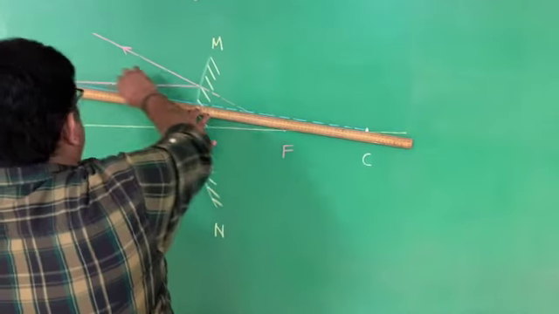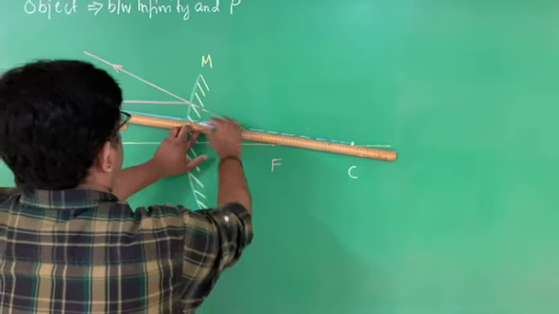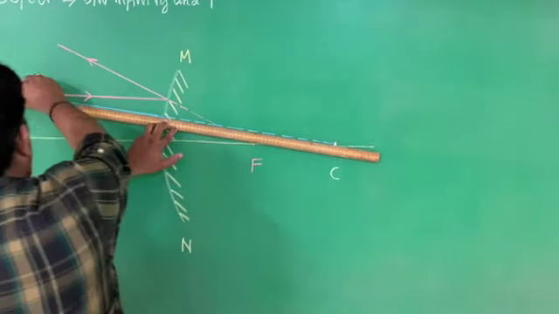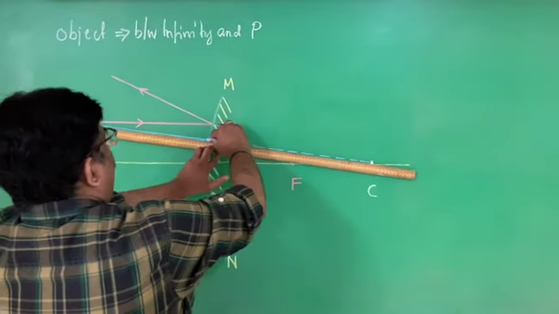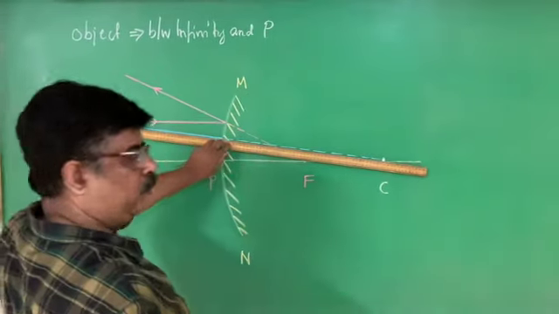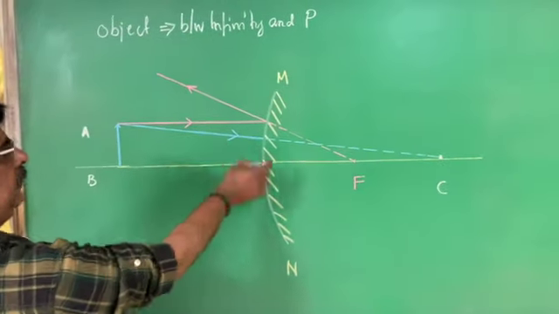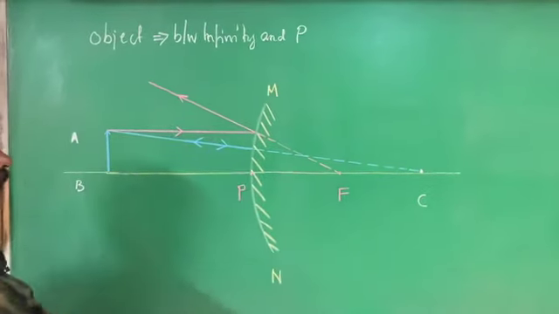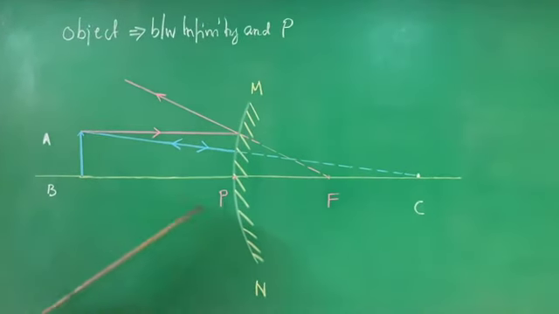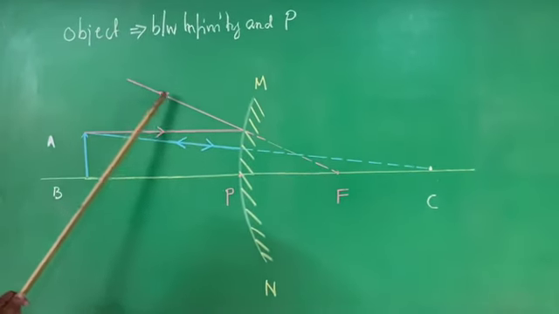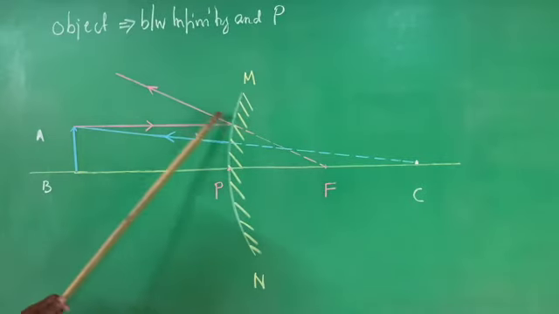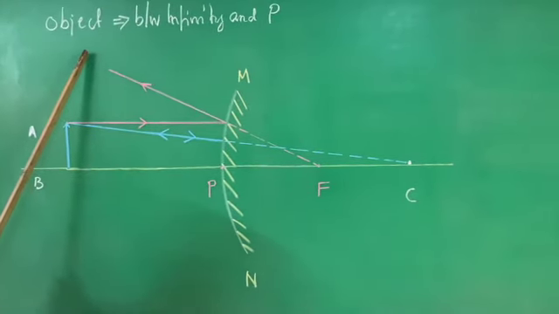In front of the mirror it is straight, right? After the reflection it follows the same path. It comes like this and goes like this. That's all. Only one way. Therefore, if I mark this as incident, then it is reflected. Try to understand. This is the reflected ray, right? It appears to diverge from the principal focus.